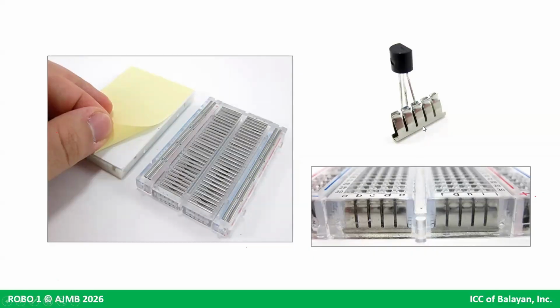Kaya pag nag-insert ka doon ng dalawang legs, or here, the component has 3 legs, pag nag-insert ka doon ng leg, ng mga leads ng mga components, the electricity or the electrons get to flow. Kasi sa ilalim pala, there are sort of like metal clips like this. This breadboard is a clear one, kaya transparent siya, but the one we have is not. So that's why I want to show this picture.